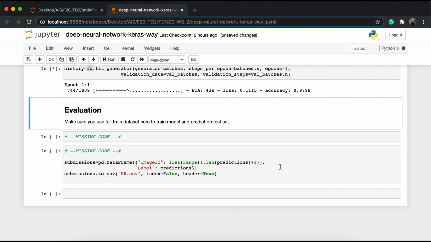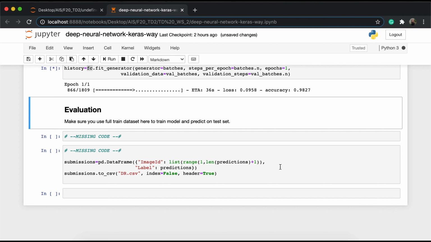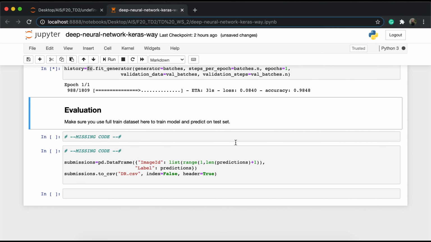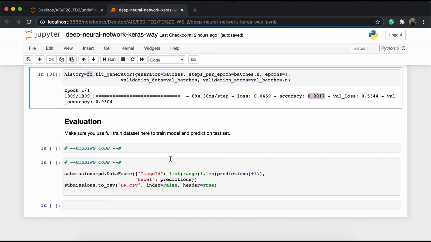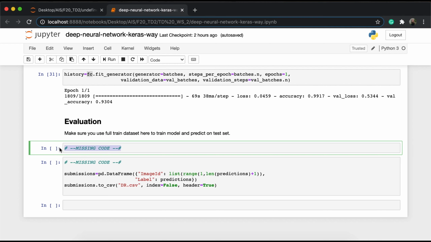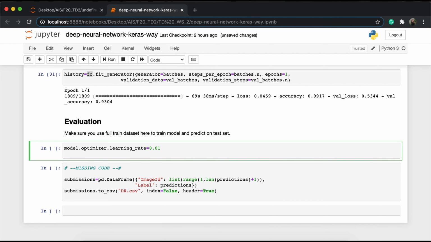Okay, evaluation. That means it's the last step. All right, I'll just wait till it's done. So for our last step, we'll have to train our model one more time, but this will be the last time to make sure that our model is fully trained. And then we'll pass it on to the predict function, to which we'll pass our test dataset. So we'll do model optimizer learning rate equals 0.01, and then